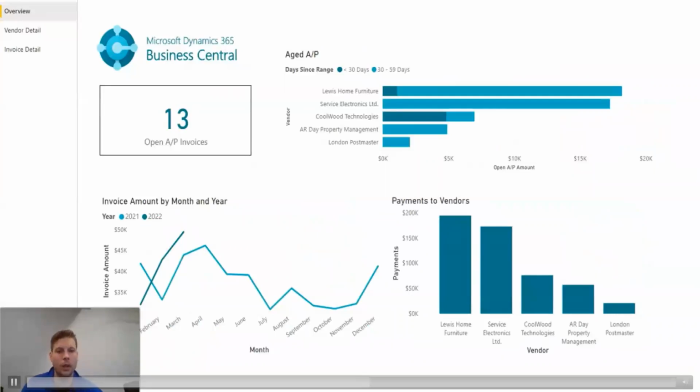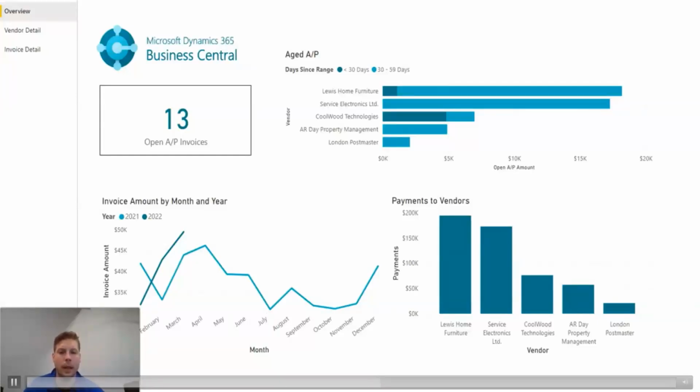And first things first on the accounts payable report pack, let's look at the accounts payable overview. And the AP overview can show us a couple things like how much we owe, how many invoices we currently have outstanding, but really it gives us a great indication of the overall financial health of the company. And as we see from this dashboard, the company seems to have a pretty good handle on their finances. And to get into these visuals,